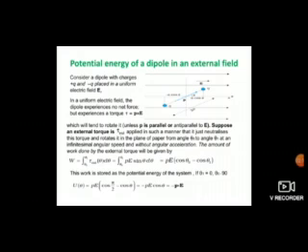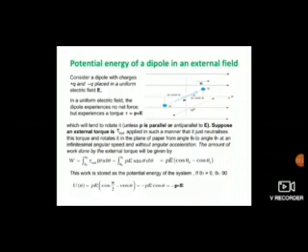In a uniform electric field, the dipole experiences no net force, so it experiences only torque, and the torque is given by P into E, which will tend to rotate it when the dipole is not parallel or anti-parallel. It will tend to set the dipole along the direction of the electric field or opposite. Now, suppose an external torque tau external is applied in such a manner that it neutralizes the torque which the dipole is experiencing in the external electric field.